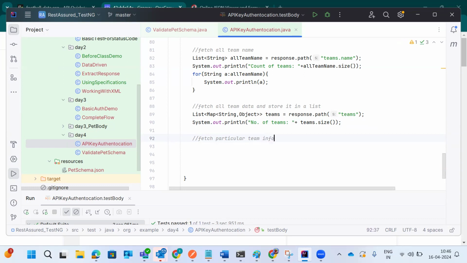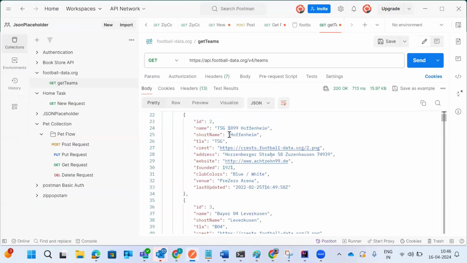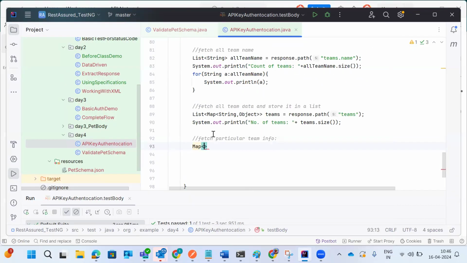Okay, so suppose I want to fetch the team information who is having the name as, let's say, this one, TSG 1899 Hoffenheim. Okay, so I want to fetch this particular data. Okay, so what will be the data type of this? The data type will be, each entity will be a map, right? So I can just say map of some string and object value,